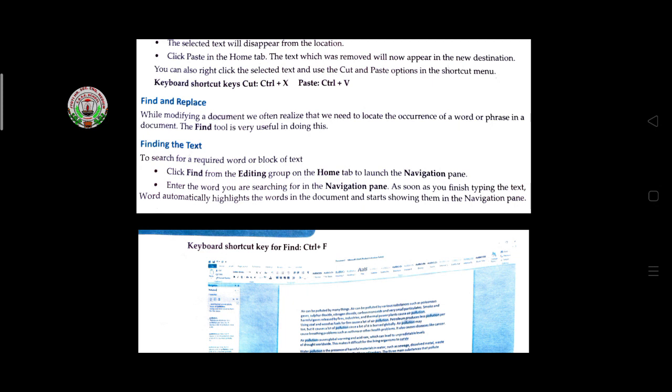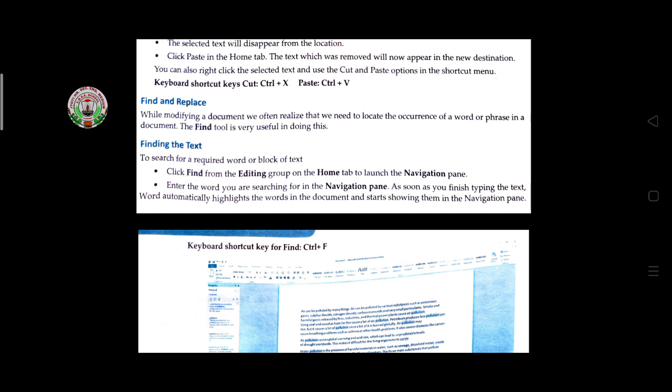If you want to change the name of Rahul, and there are multiple times in all the paragraphs you typed where that name is used, and you want to change the name Rahul to Raj, with the help of find and replace you are able to change the name Rahul to Raj.